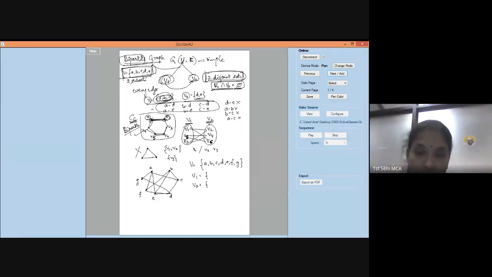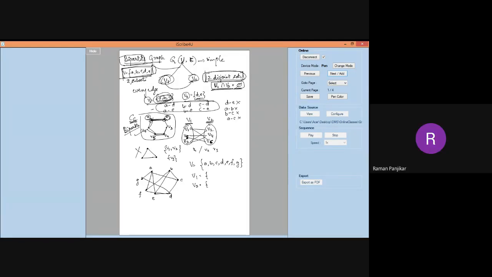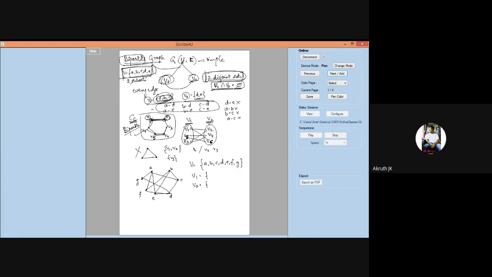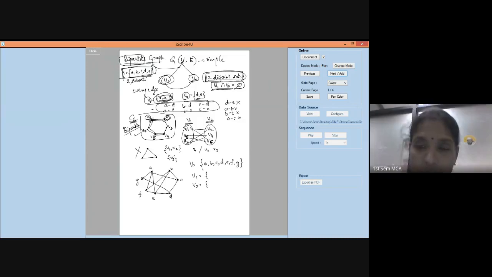Look here, any vertices which are adjacent you cannot put them into the same set. Two sets will be A, B, D and C, E, F, G. Let us see. Okay, any other answers? Ma'am, I think it's wrong. A to E cannot happen in that set.